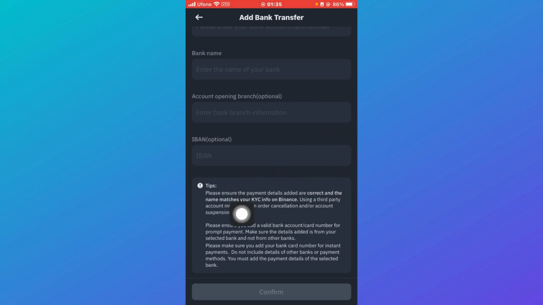Using a third-party account might result in order cancellation or account suspension. So please ensure you add a valid bank account or card number for prompt payment. Make sure the details added is from your selected bank and not from other banks. Please make sure you add your bank account number for instant payments and do not include details of other banks or payment methods. You must add the payment details of the selected bank, and after that you can just